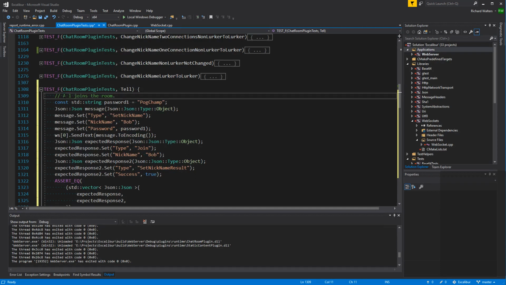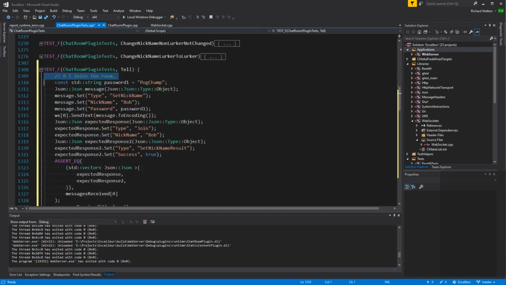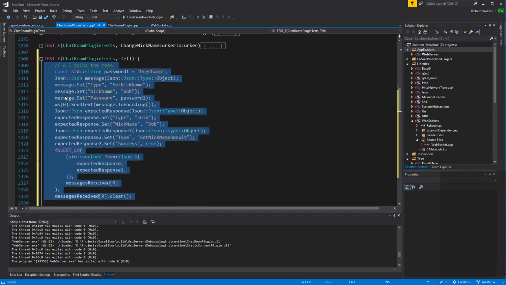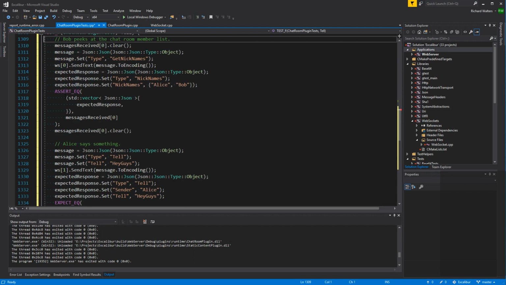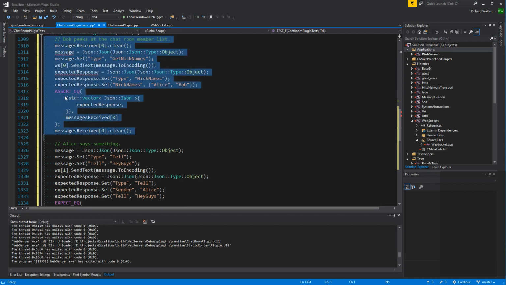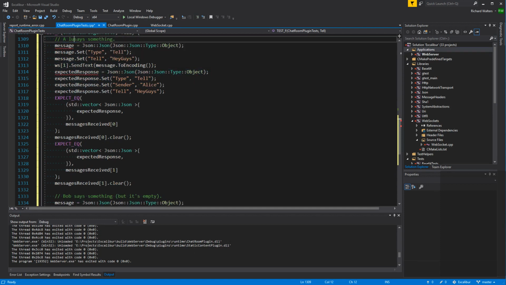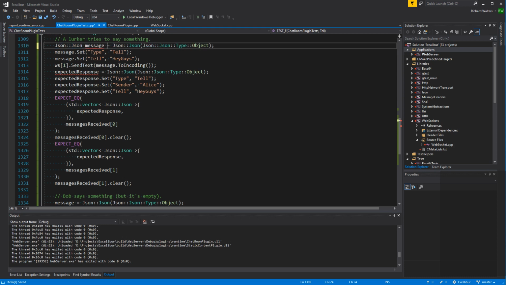A lurker. Well, actually, we just don't set the nickname, right? We don't have to do that either. Don't need that. A lurker tries to say something. Okay, really we should see nothing, right?